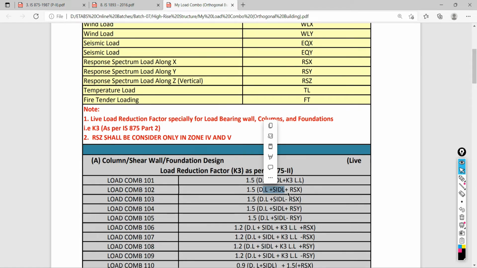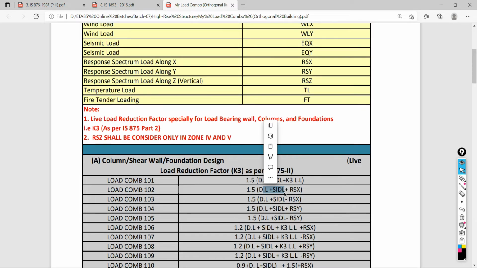Response spectrum, the dynamic one. That's why we take the dynamic result. Otherwise you can take earthquake load by the equivalent static method if you are not performing the response spectrum. But here we take the dynamic value.